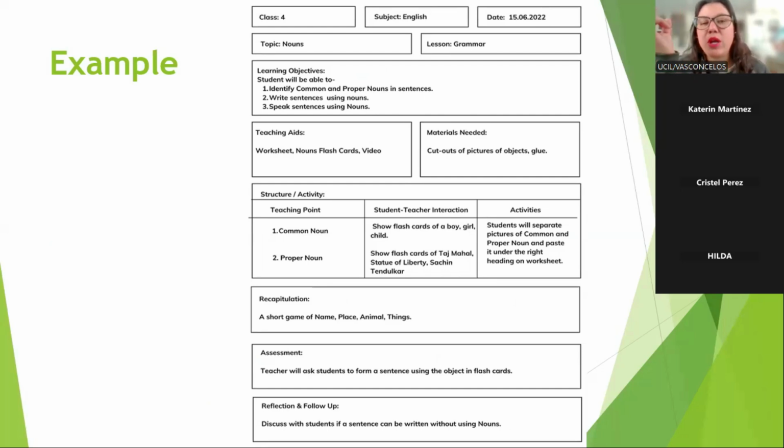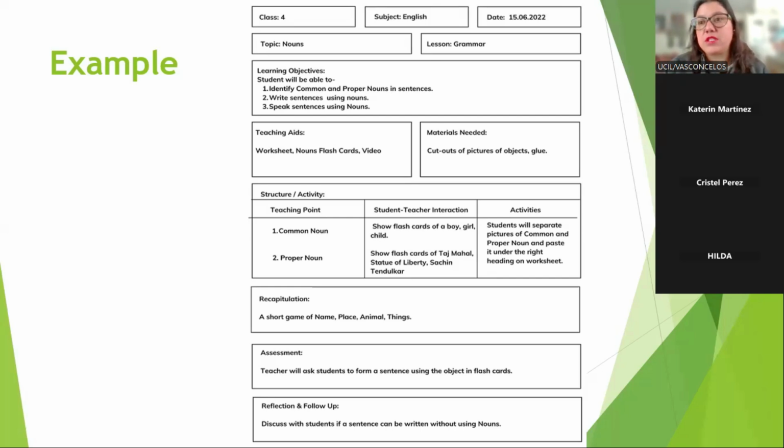Obviously, teachers, you have different lesson plans. I don't ask you for a specific format. What I want is to simplify the work. I don't want you frustrated or angry because teacher Belen asked us to collocate and use this format. No, use what you have. Use what you use in your lessons. Adapt it or reuse it or change it, collocate the necessary changes for sending it to me. I'm not going to judge anything, right? So this is the noun.